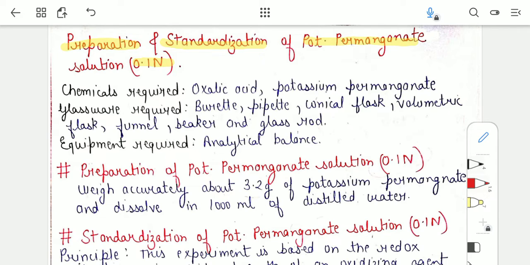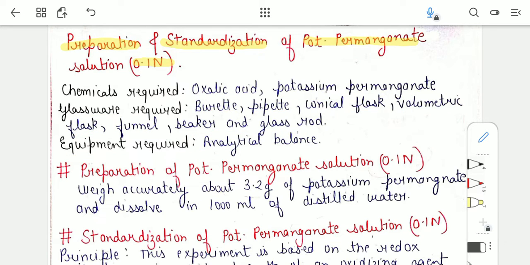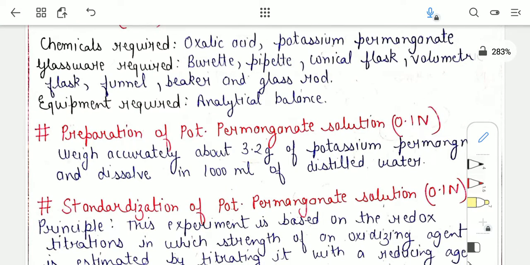The chemicals which we need are oxalic acid and potassium permanganate. The glassware which we need is burette, pipette, conical flask, volumetric flask, funnel, beaker and a glass rod, and the equipment which we need is analytical balance. Okay, so these are the same things which we have been talking about in all the preparations as well as the standardizations. Now let us begin with the main part, which is the preparation of potassium permanganate of 0.1 normal